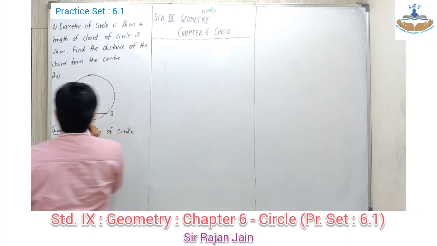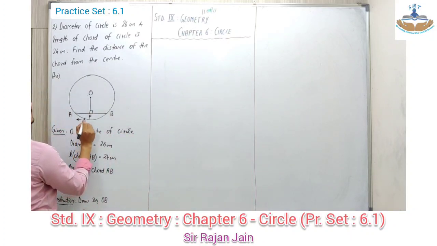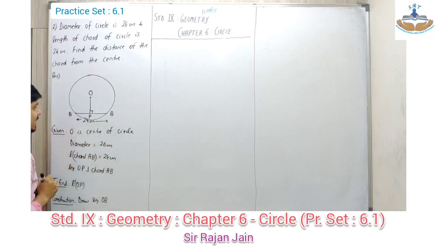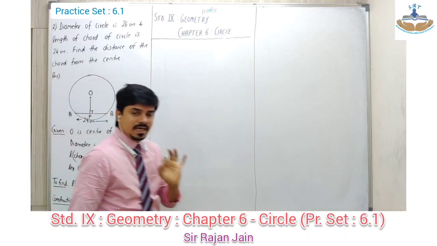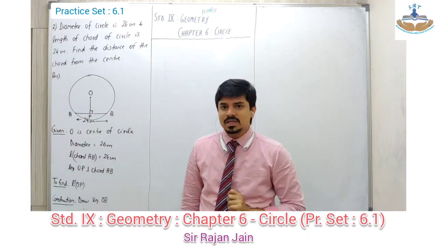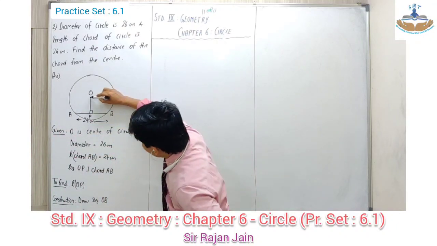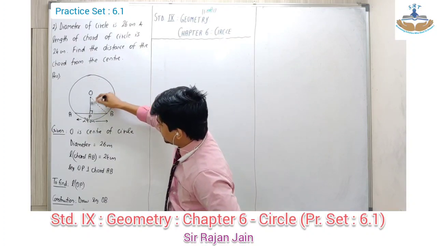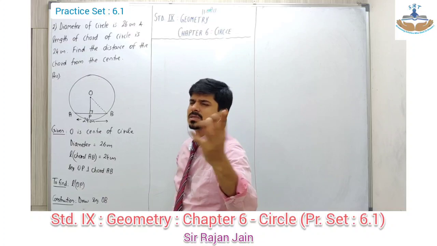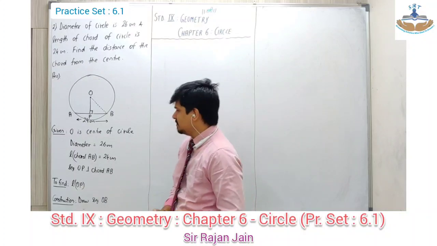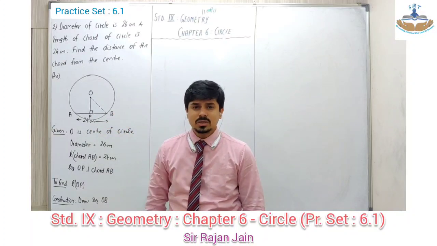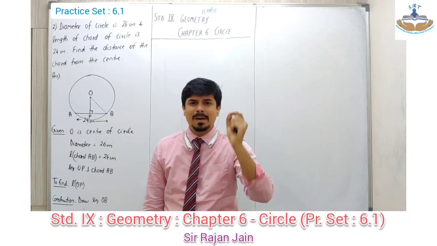Okay, अभी क्वेश्चन में क्या दिया है? This entire thing is given as 24 centimeter length of chord and diameter 26 दिया है. Diameter से क्या मिलेगा? Diameter से radius मिल सकता है. So what I do is construction part में ये radius बना के I complete a right angle triangle. अभी एकदम simple question है. Like I did in the previous sum, there is a perpendicular from center to the chord. According to the theorem, that perpendicular has to bisect the chord.